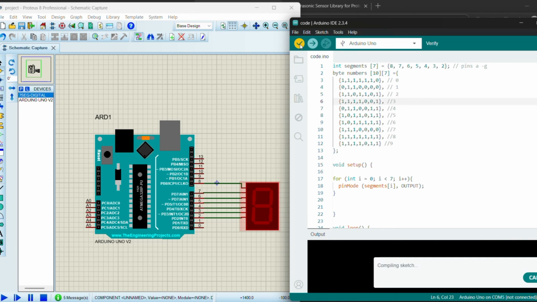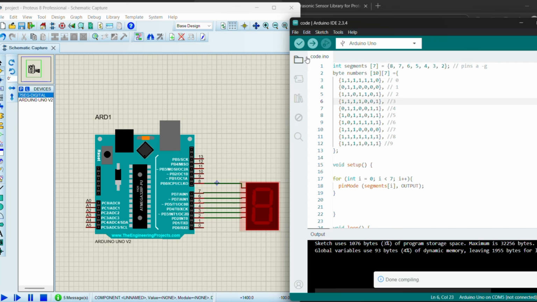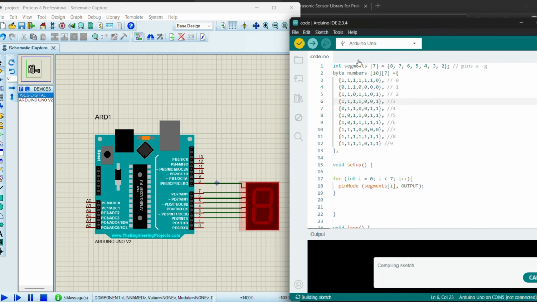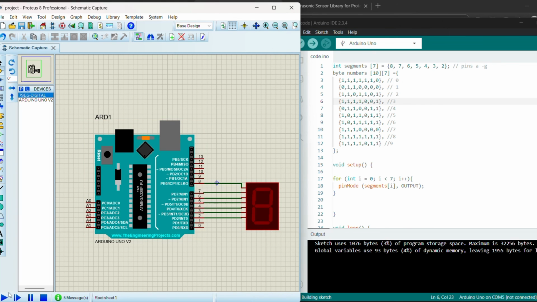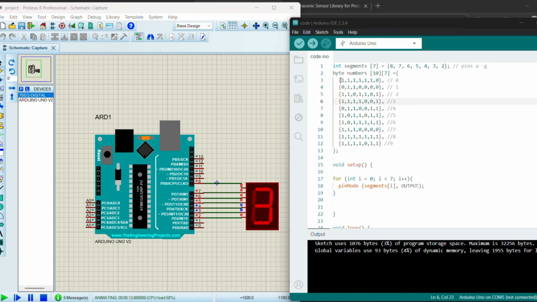Now let us compile our code again. And we go to sketch, we export the compile binary. And now we can run our simulation to see we now have 0, we have now 1, we have 2, we have 3, so now it is okay now. So this is our code, which is corresponding to our countdown of the number that is displayed on the 7